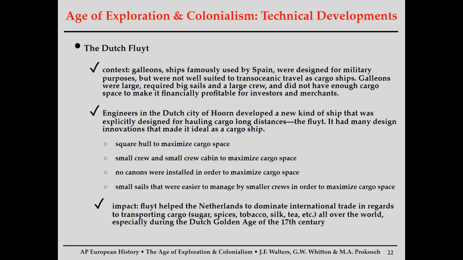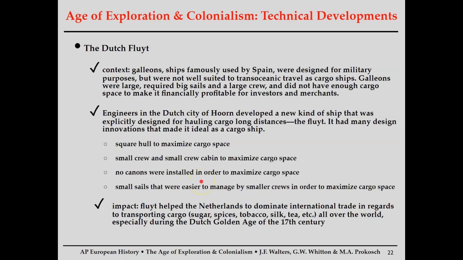The Dutch absolutely have examples of treating natives horrifically, looking at Indonesia, for example, but compared to Spain and Portugal, not as much. And their development of a new type of ship, the flute, is this example of that, where they're getting rid of all of the cannons and focusing on cargo space. So, again, an element of motivation for colonization. It is economic and wealth extraction.